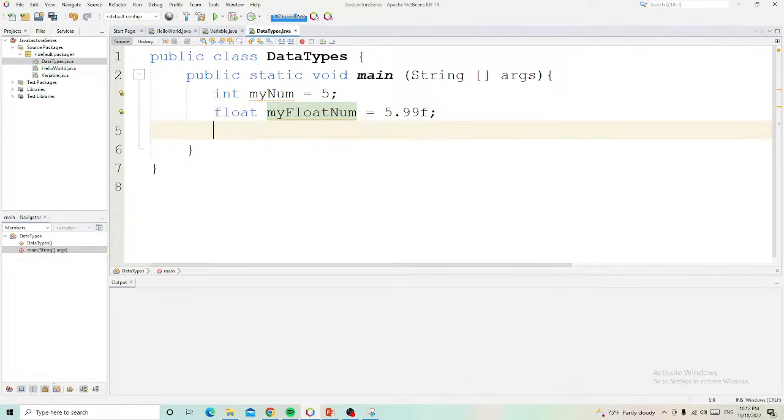But you cannot put numbers in front of the variable. That's the guideline of the Java programming.